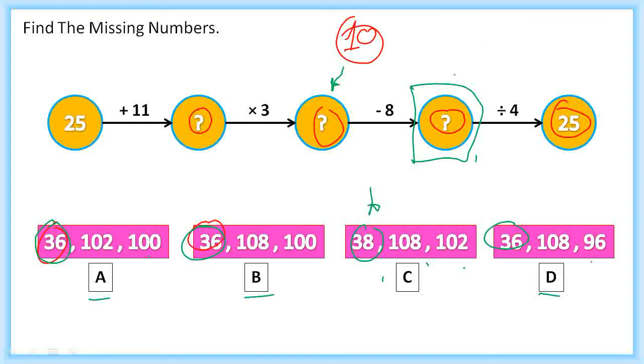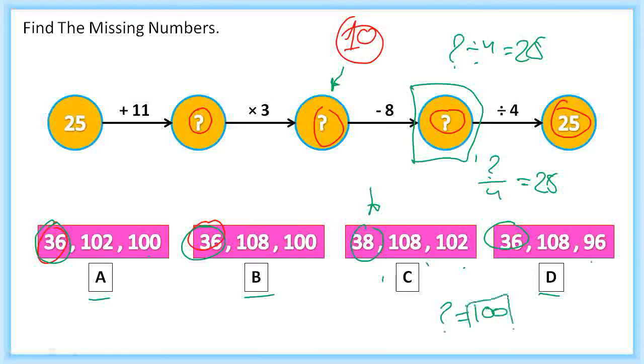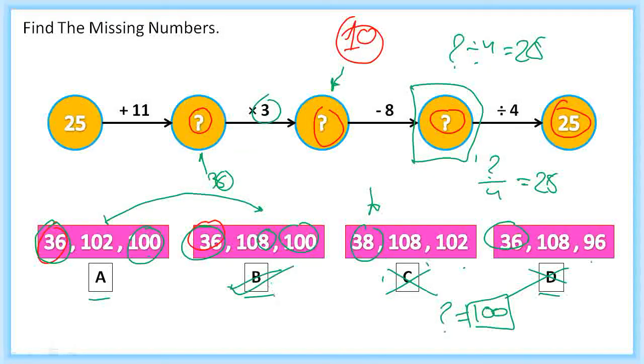So what I'm going to do, let this question mark divided by 4 equal 25. If question mark divided by 4 equals 25, if we multiply both sides, I will get the question mark equals 100. So this number should be 100, 102, 96. So we are able to eliminate both the options. Now we have to decide 102 or 108. That is the middle part. 36 is common, so we know this number must be 36. And 6 threes is 18, so 8 must be the last digit. And in this case, we get B as the answer.